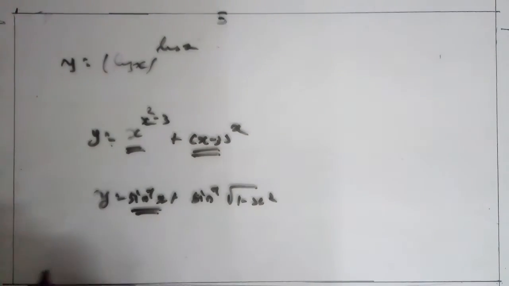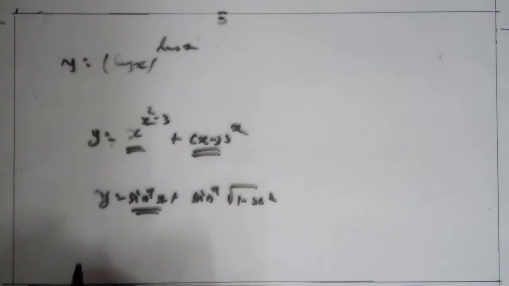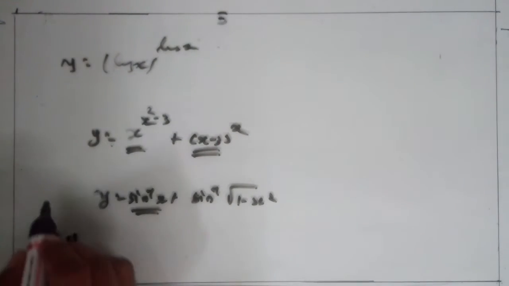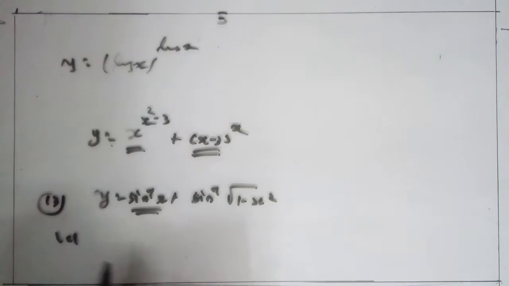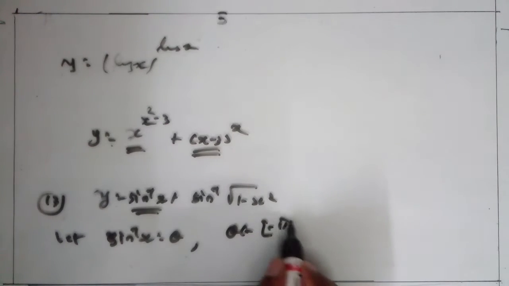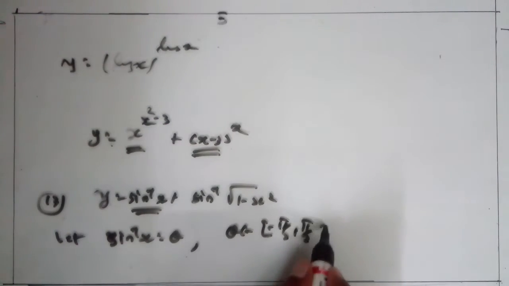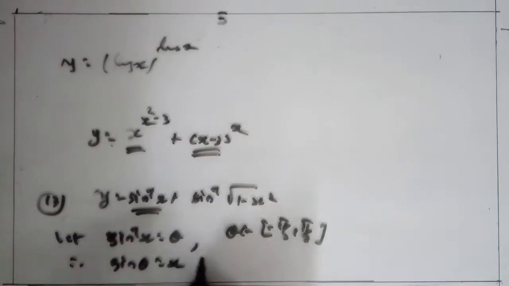First, in this type of equation, suppose sin inverse x is equal to theta. Let equation number 13 be the one given here. Let sin inverse x is equal to theta, where theta belongs to the closed interval minus pi by 2 to pi by 2. This is the condition, we know that. Taking sin to this side, we get sin theta is equal to x.